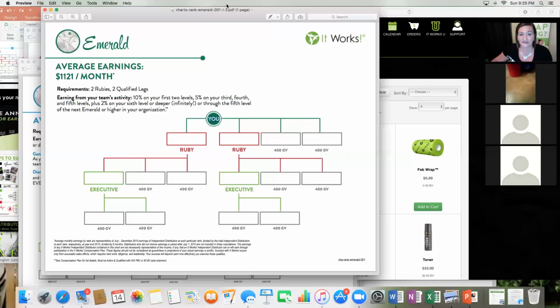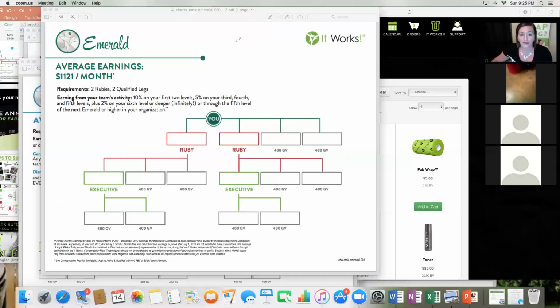Now you've got to see that, okay, this person just has to be commission qualified. Now this person just has to be commission qualified. Same with this person and same with this person. So now that leaves you with, okay, I need 1, 2, 3, 4, 5, 6, 7, 8, 9, 10 qualified legs. And as you can break this up, you guys, you say, okay, I'll take care of